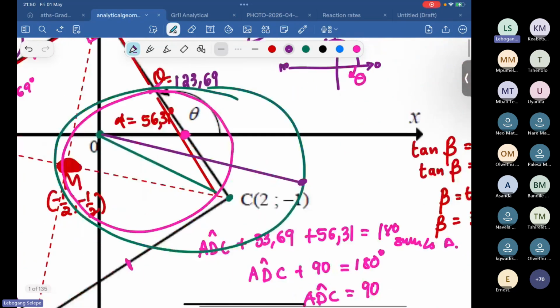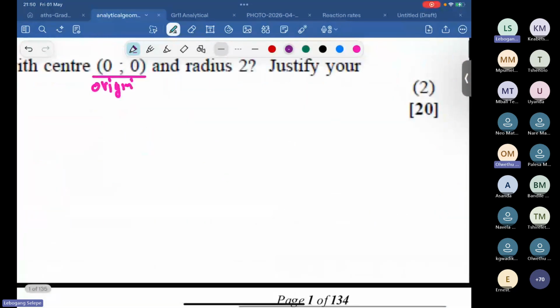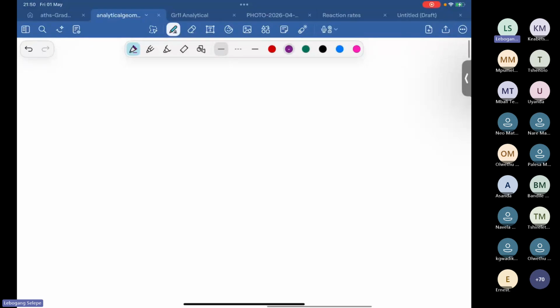Let me show you a sketch, because I can see that I'm speaking and that one is too messy. That's why you can't see it. I am saying to you,